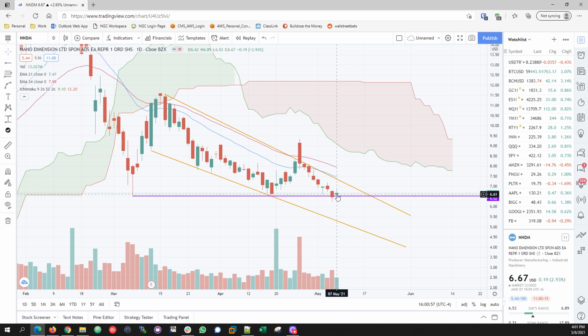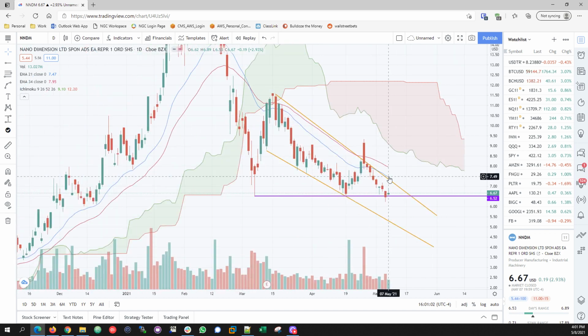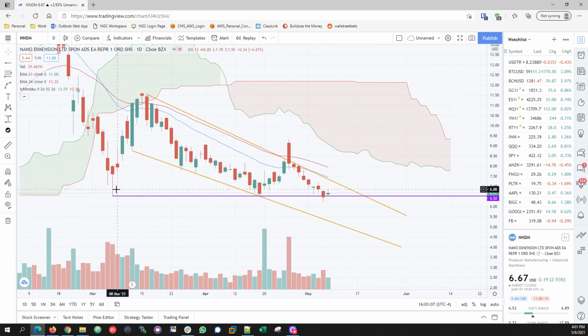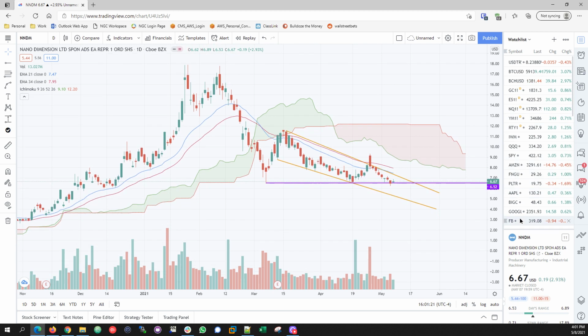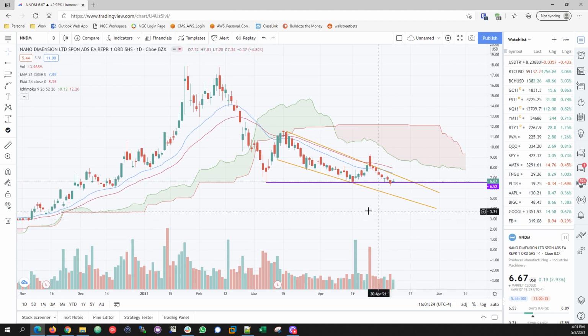So if you're getting in from here for a potential upside of $9, that's 50%, but I don't know if you're going to get that again. At this point, 650 shall not be broken down. If it does, you're going to go all the way down to 525 or maybe even lower. So you have to make sure the bulls defend 650, else it's dead. Sorry, but I have to be realistic. I have to tell you the truth, and the truth is that this line has to be defended.